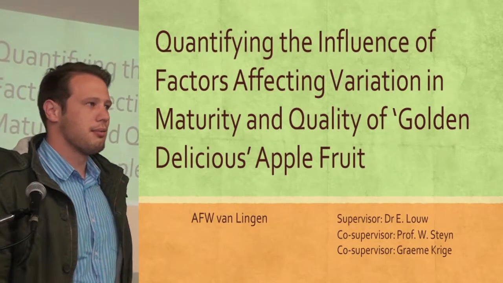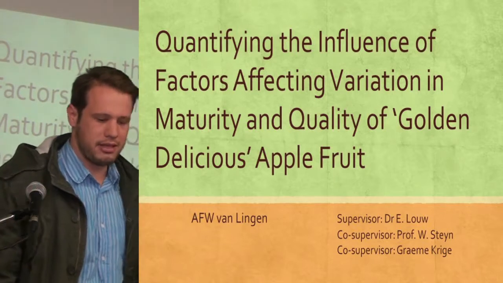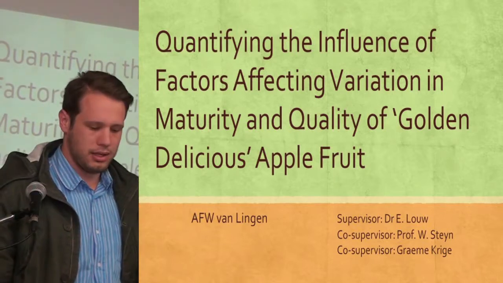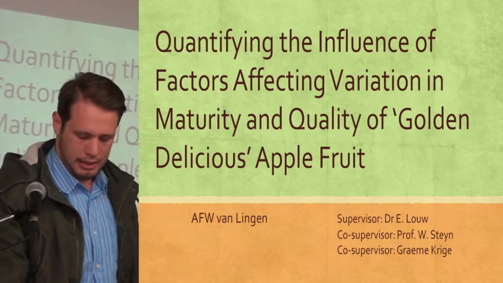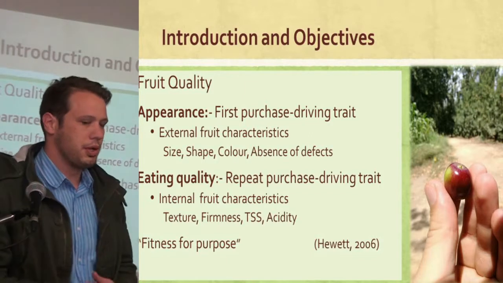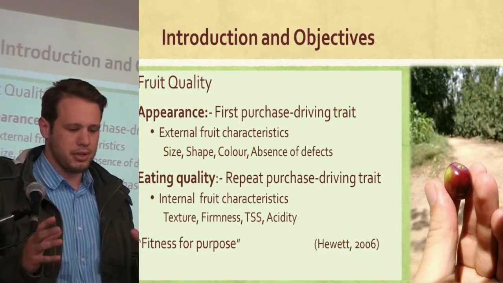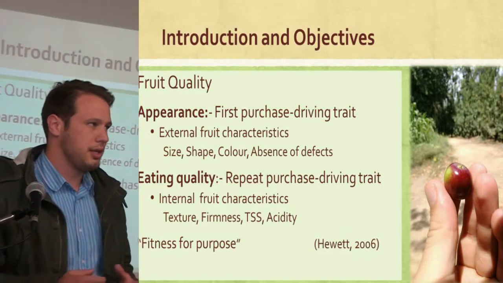Good morning. My project is about quantifying the influence of factors affecting variation in maturity and quality in Golden Delicious apple fruit. So pretty much we have fruit quality, which was defined by Hewitt as fitness for purpose. And the purpose we want our apples for is a good appearance and a good eating quality, where the